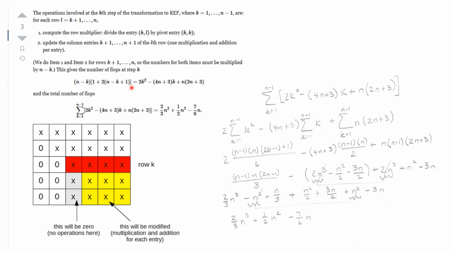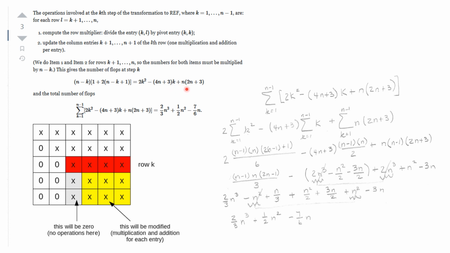That's how many of them there are. And so you multiply those things together, and you get that for the kth step, you get 2k squared minus, and you have to do a little bit of algebra here, but this is (4n plus 3) times k